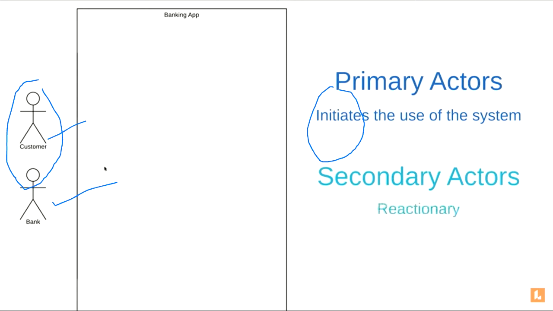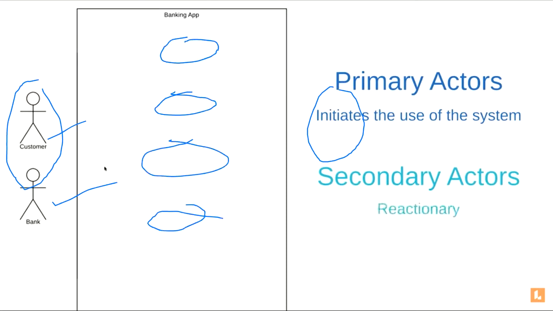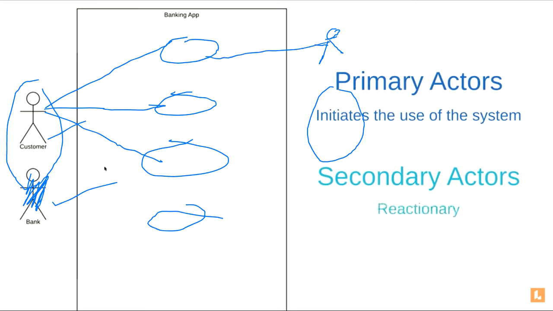Yeah, primary actors are process initiators. Process initiators means, suppose there are these 4 use cases, and this actor customer is initiating these 3 processes, and bank is not on the left hand side, bank is on the right hand side, and bank is associating with this use case. So customer is the one who is initiating this process. Only when the customer initiates this process, then only the bank will come into picture. So whoever initiates the processes are your primary actors.